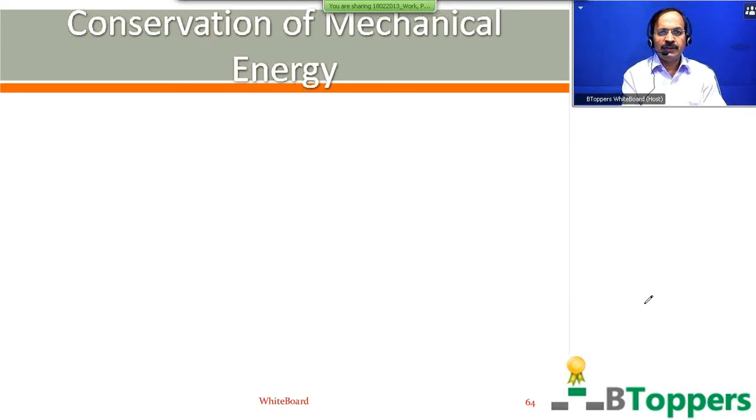That means the work energy theorem holds good even when the body is under the action of non-conservative forces. That means the change in the kinetic energy of the body will be equal to the total work done by all the forces acting on the body, irrespective of whether the forces are conservative or non-conservative, including both. So when you apply the work energy theorem for a system of particles, we can say this way: the change in the kinetic energy of the system of particles is equal to the total work done by all the forces, including the external and internal forces.